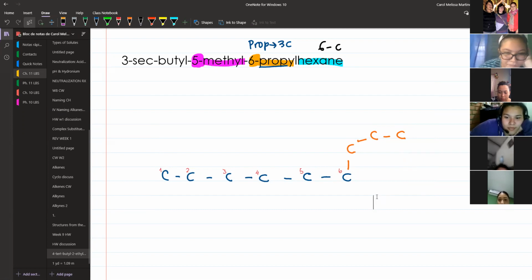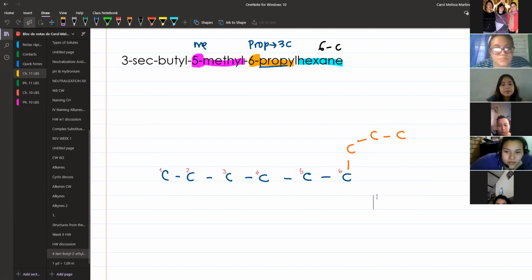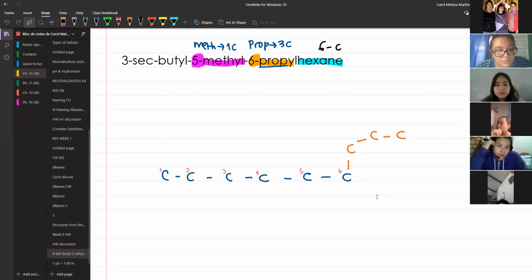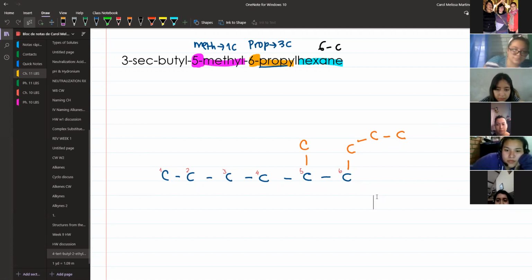So according to this, it says 5-methyl. Methyl, how many carbons? 1 carbon. So I'm going to look for position 5, which is there. And I will locate only 1 single carbon. I finished with the methyl. And now in the end, I will continue